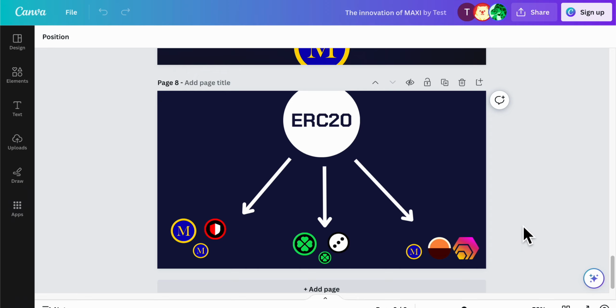And with Pool Party, which is their new platform that they're bringing out, we're really going to see the fireworks take off, because you'll be able to mix and match and start different length stakes with different products inside. And so I think at the core of what makes MAXI so special is really just the fact that they were able to use the ERC20 token format to represent hex stakes so elegantly.